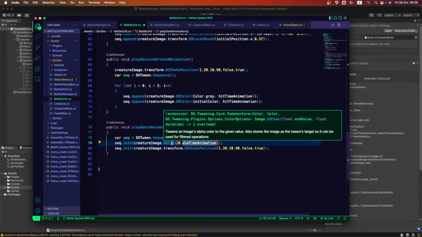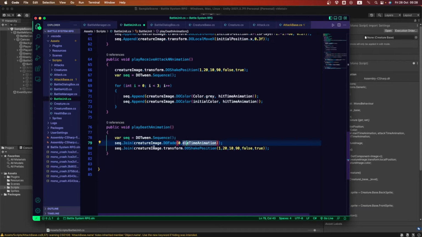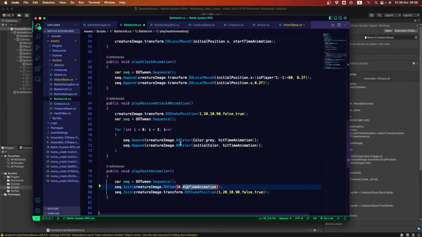Our end value is going to be 0 because we want it to fade out when the creature dies, and also we're adding a small shake. So it is dying, it is shaking, and it is also fading. Now we've got them implemented. We're not using them yet, we just wrote them, but we're going to go and implement our attack animation and our receive attack animation.